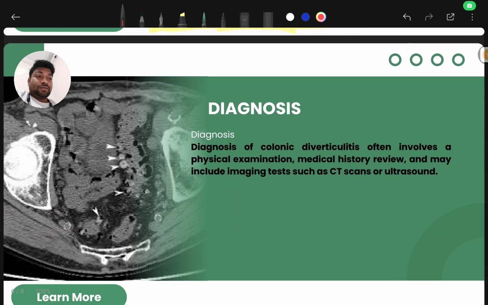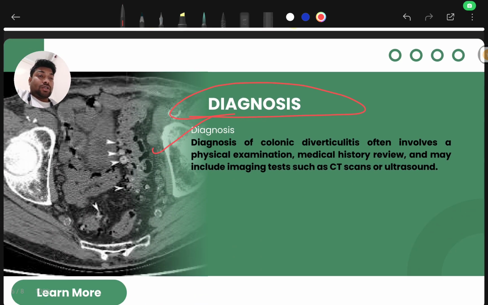Okay, now talking about the diagnosis. So what are the diagnosis? Diagnosis of colonic diverticulitis often involves a physical examinations, medical history review, and may include tests such as CT scans, ultrasounds, okay. And also a very important diagnostic test for the colonic diverticulitis is